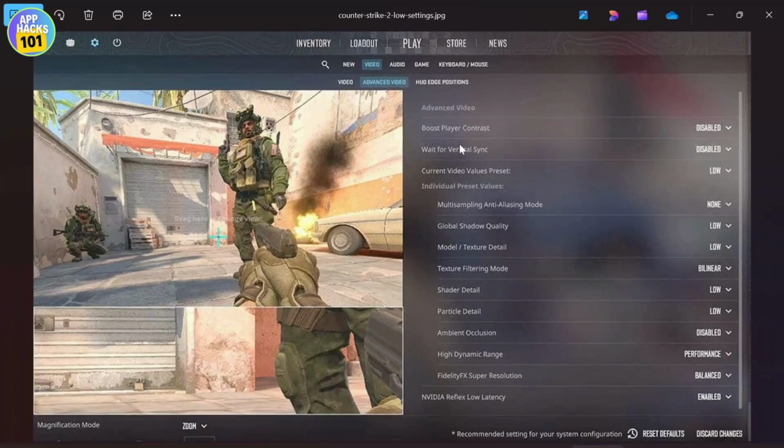your Counter-Strike 2. So here what you want to do is make sure your boost player contrast is disabled. You need to disable your vertical sync too. And here you need to set your current video values preset to low. And now, under the individual preset values, you want to make sure these are the settings that you